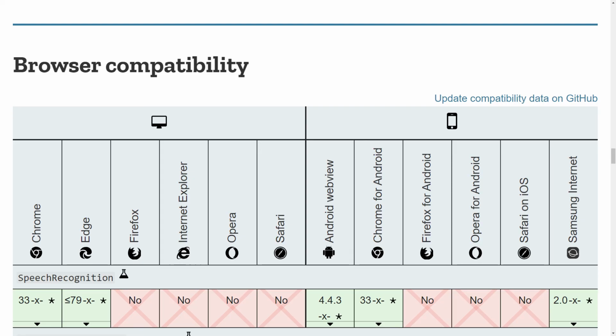I have already mentioned that not all browsers are supported. Basically only Chrome and those that use Chrome engine. Well, except on iOS, where Chrome doesn't have voice recognition. And although it has support on Android, it behaves unpredictably there. You can try to play it on Android, but chances are that it will not work properly.